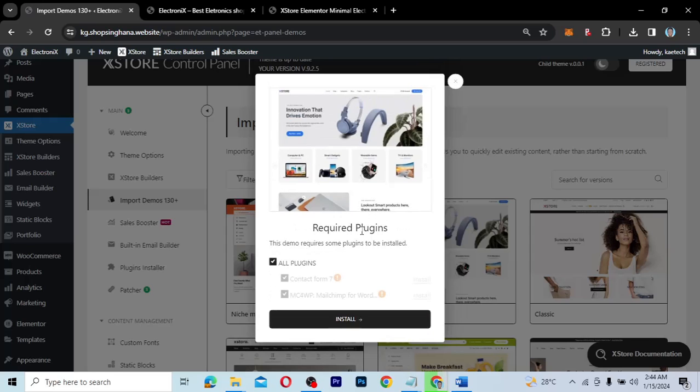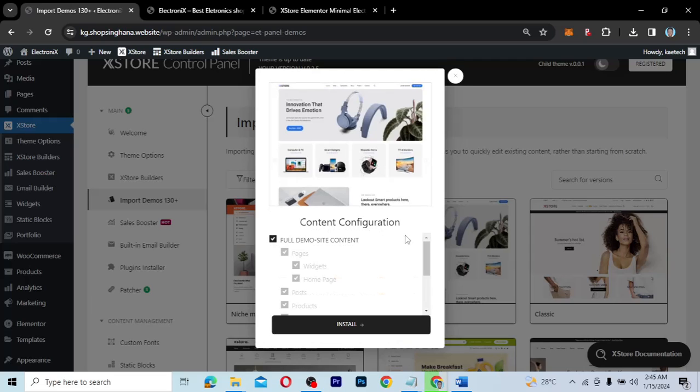Now, plugins required. The demo requires some plugins to be installed. As you can see, all these plugins are required, so we want to install all of them. We're going to click on install over here and wait for it to install for us. All right guys, since our plugins have been installed, now we can go ahead and import all the demo